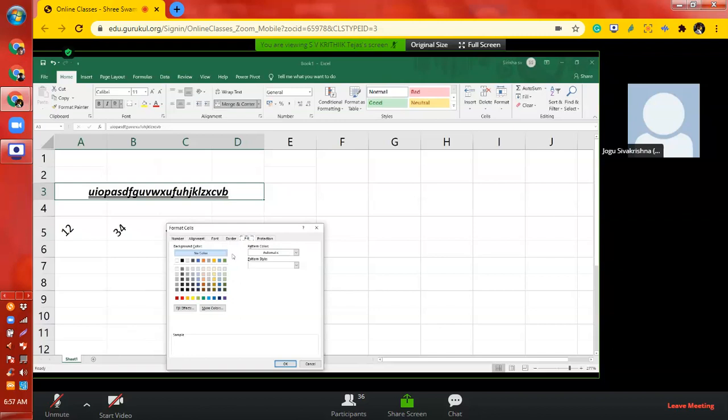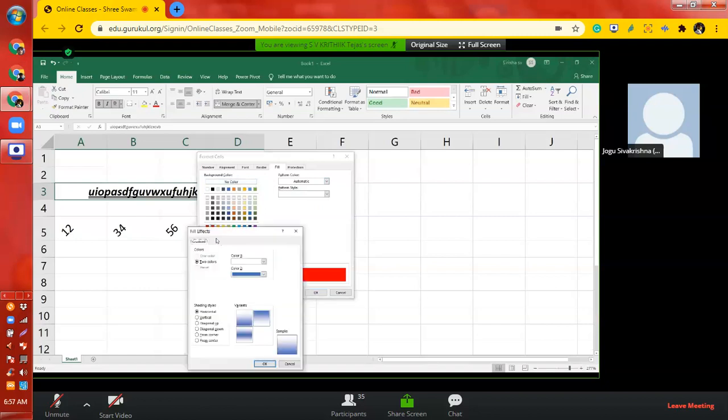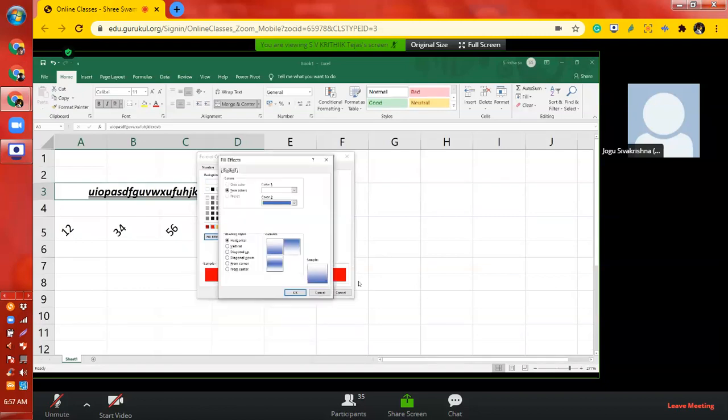Fill, yes. Now you can see some colors over there, and fill effects are also there. Can you click on that fill effects once again? Fill effects here, yes. Gradient filling is there. You can select any color over there, and it is showing color 1, color 2.